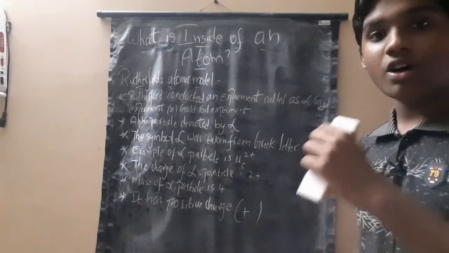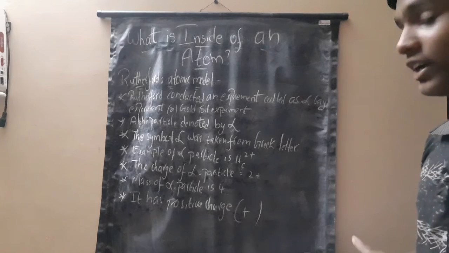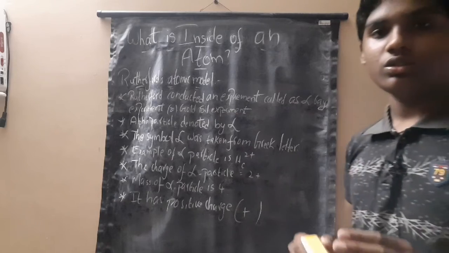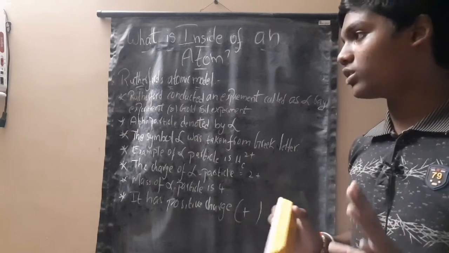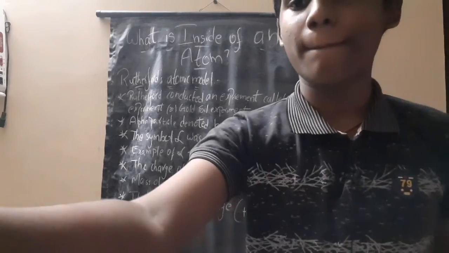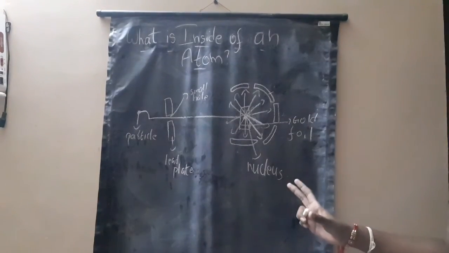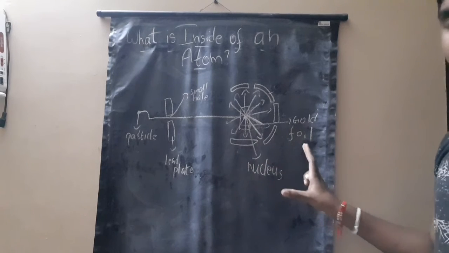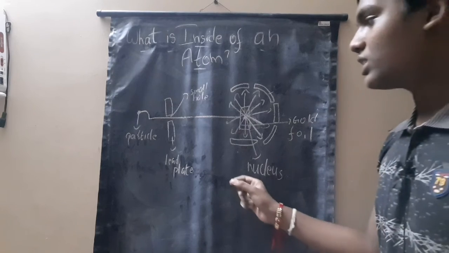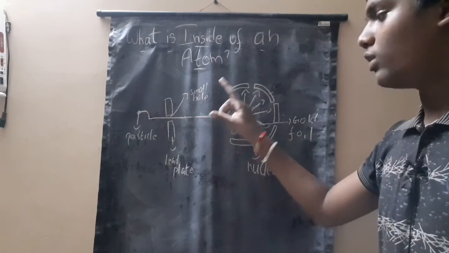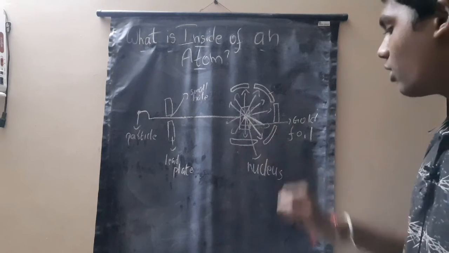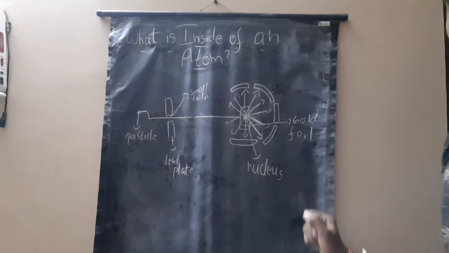So what are alpha rays, and how did he conduct the experiment on the alpha ray particles? Now let's discuss the detailed information of the experiment he conducted, with a diagram. This is the diagram of Rutherford's experiment. For this he took alpha particles, two lead plates and gold foil. Here we can see the gold foil, and the atom contains a nucleus.